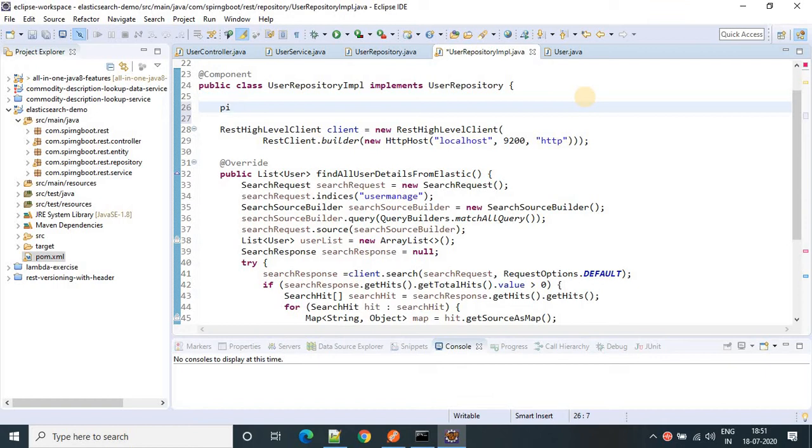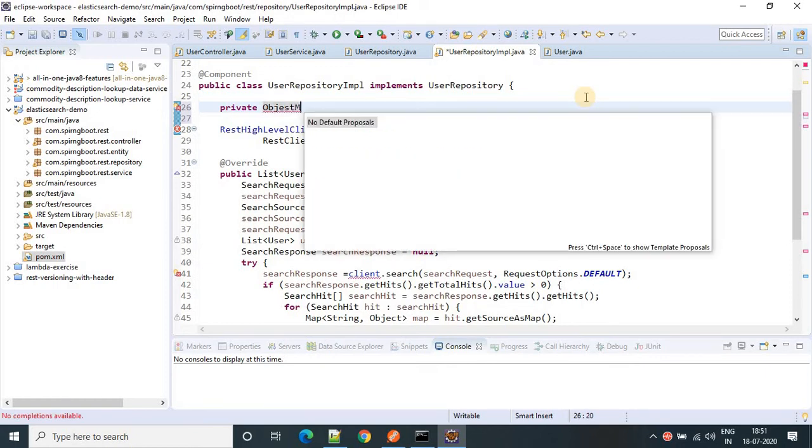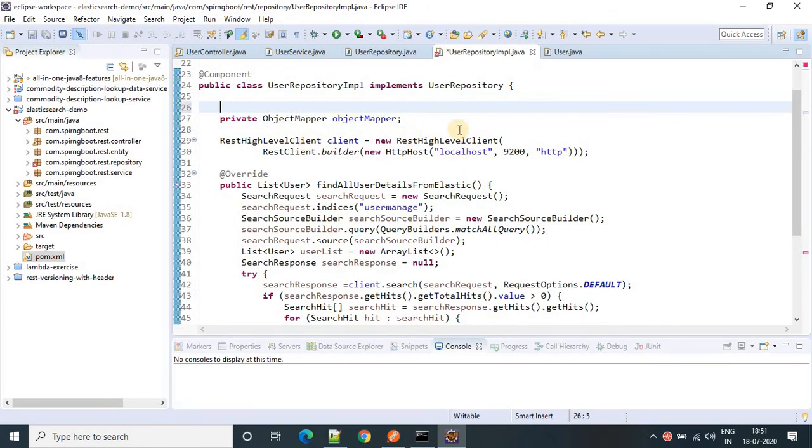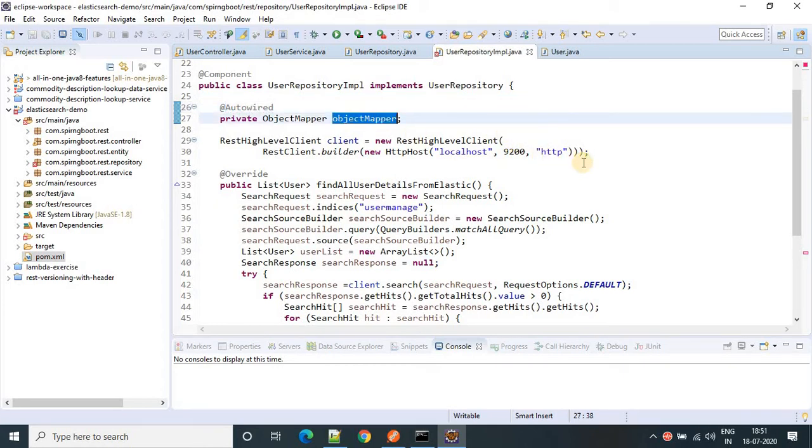So use here private ObjectMapper object mapper, and autowire it here. This object mapper will convert our map to a user class.